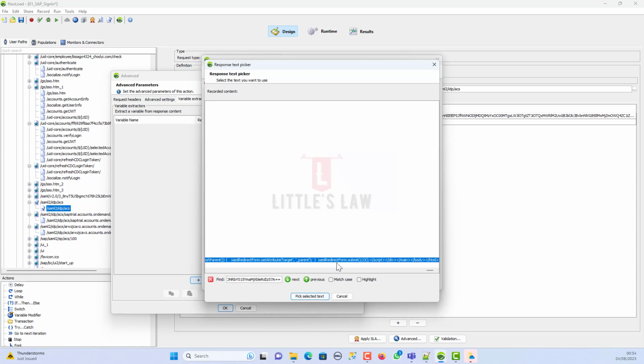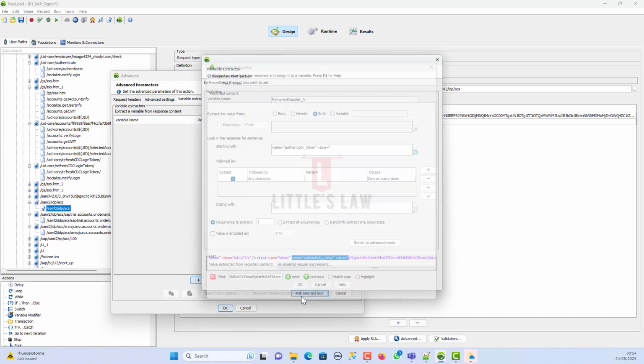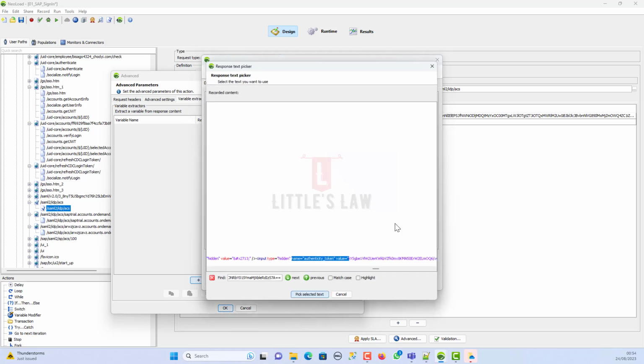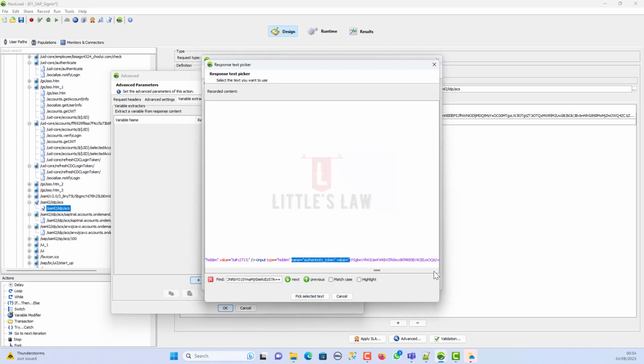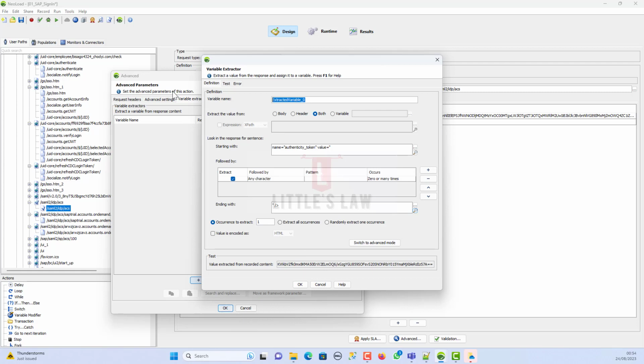So there is another thing which we really can do, which is we can create a framework key actually, which will save us a lot of time, and I will tell you how to do that. So I'm just picking this cell, pick the selected text, and then let me go to the end of this, and let's search this value here, pick selected text, and auth token